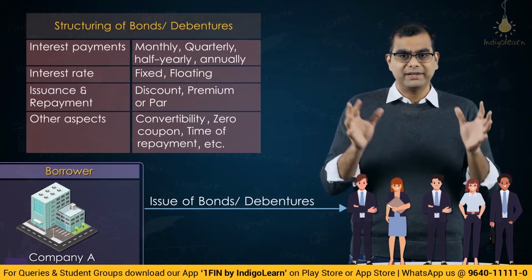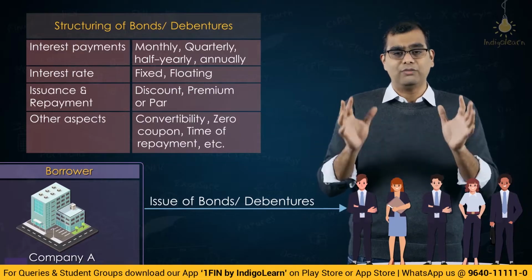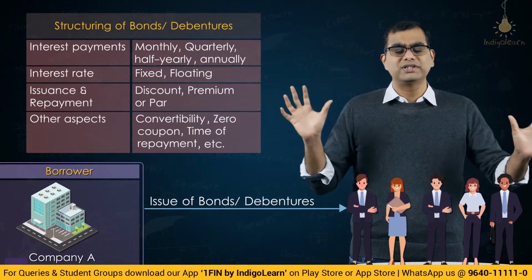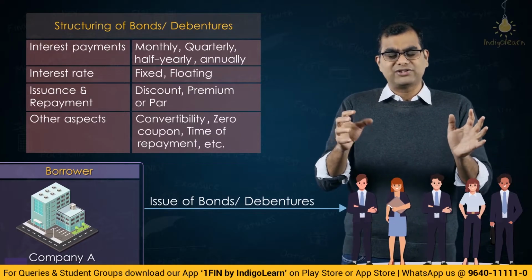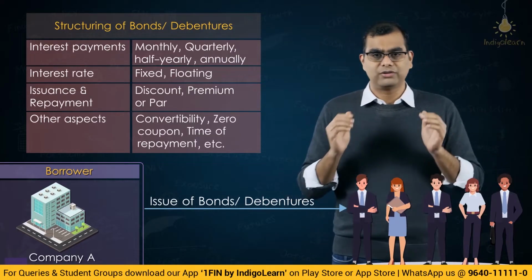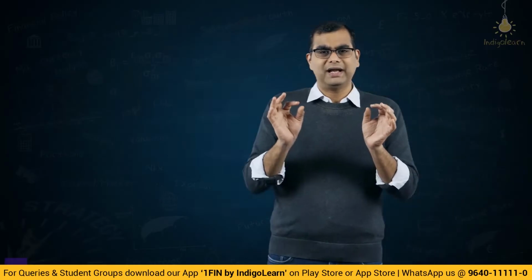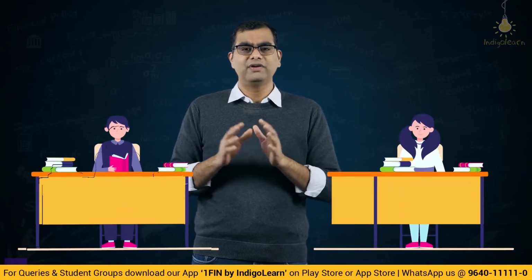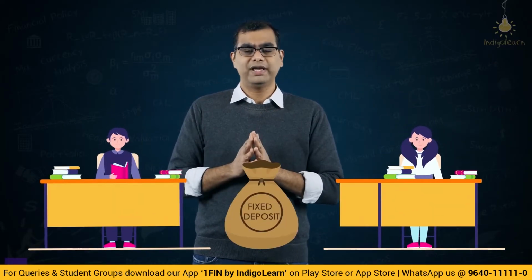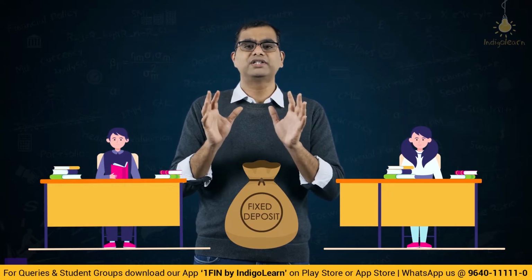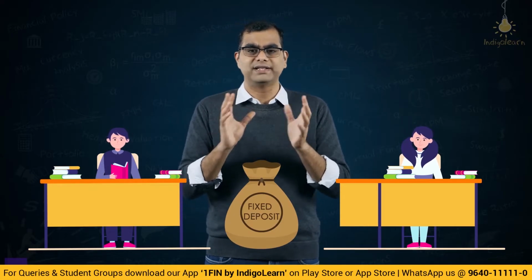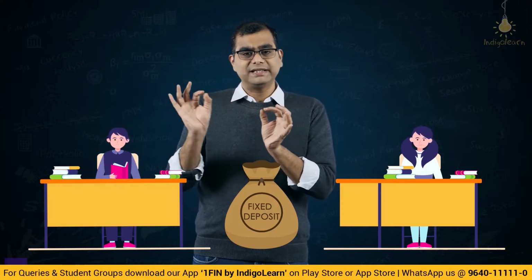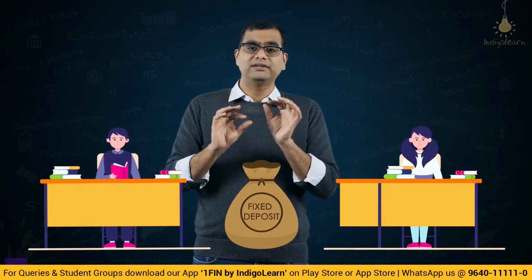We will see all of that, but I'm just trying to give you an understanding of what a bond or a debenture is and how the transaction is usually structured. Now let us take a step back. When we discuss bonds and debentures, I will take you through an example of a normal fixed deposit, because that will help you understand how a bond or debenture is structured and how it is priced. Let us take that example, then we will go into other terms.